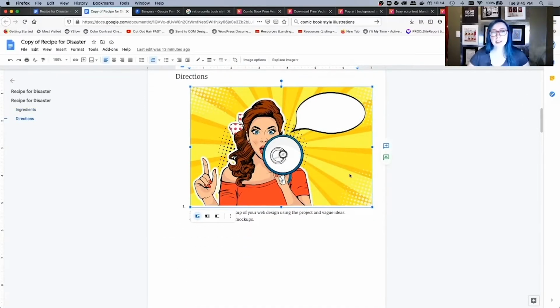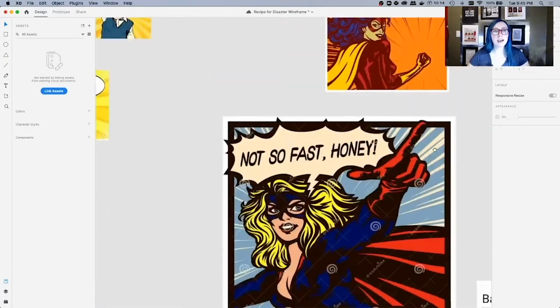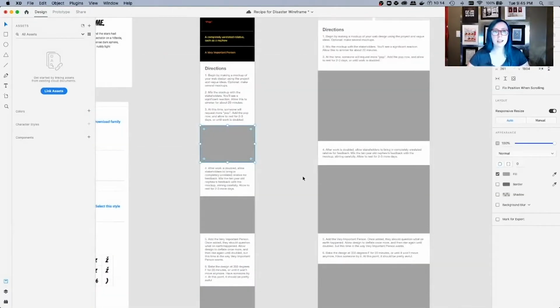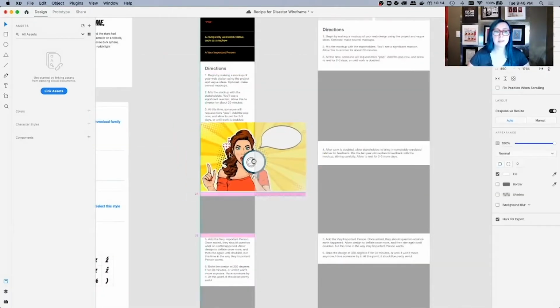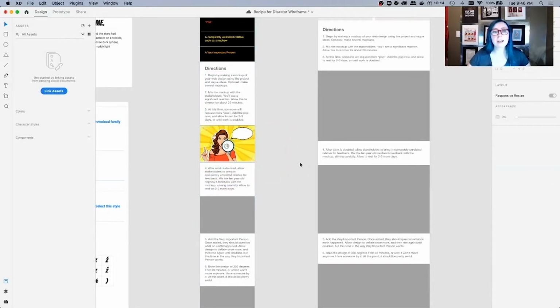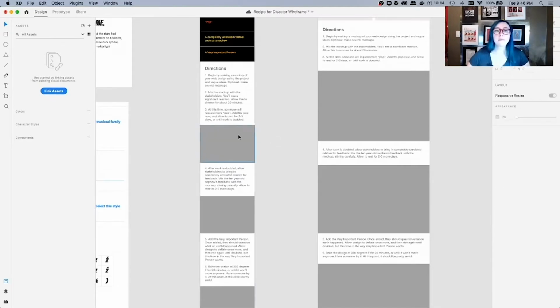So I really liked this woman shouting as the first image up here. I'm just going to go and grab that from way over here. Just going to copy it and then paste it right in. And I'm just going to put this right over that, and you can see, wow, I almost nailed the aspect ratio. You can send this to the back just like any other Adobe program by doing Shift, Command, and then left square bracket. And we're just going to delete this, and now we have a much more realistic feeling mockup here.